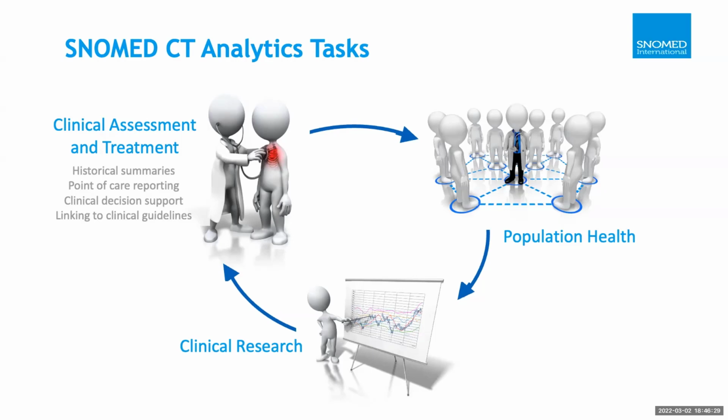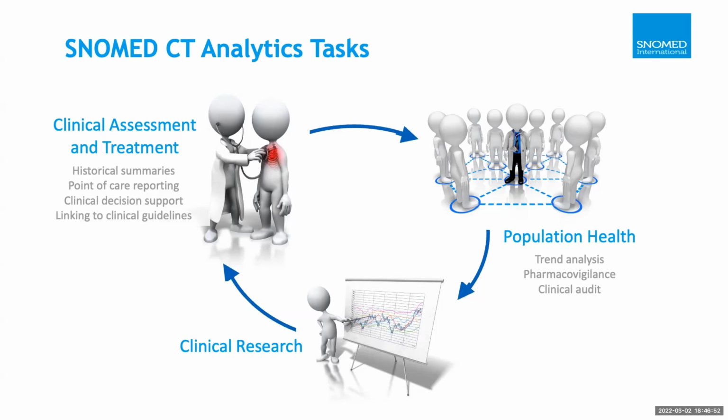I'm going to show you some examples of this very briefly shortly. For population health, SNOMED CT is used to perform trend analysis. And this could be to detect the incidence or prevalence of a disease or treatment. It could also be to predict the demand or to effectively allocate healthcare resources. You can use it for